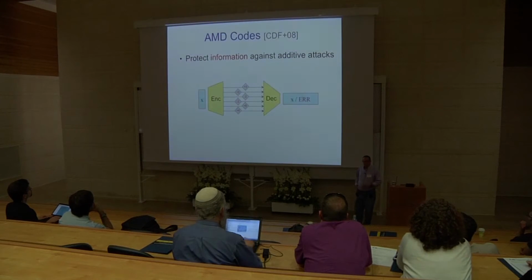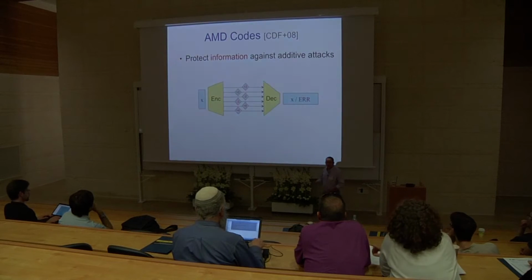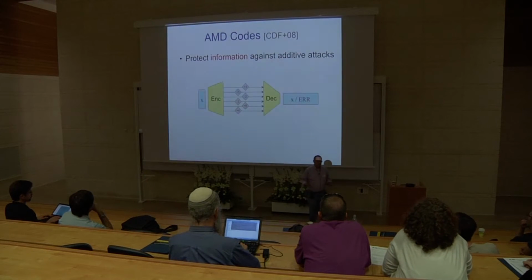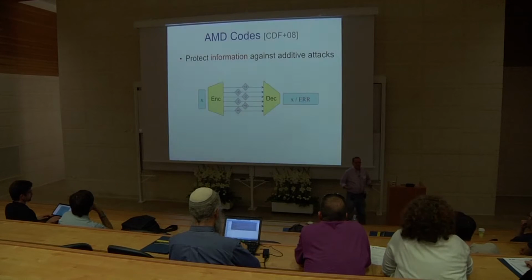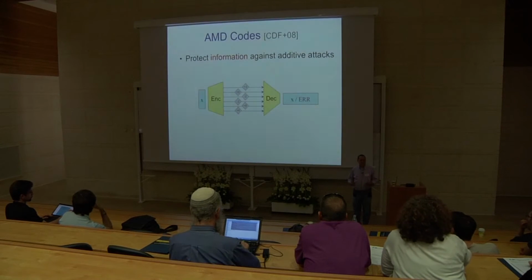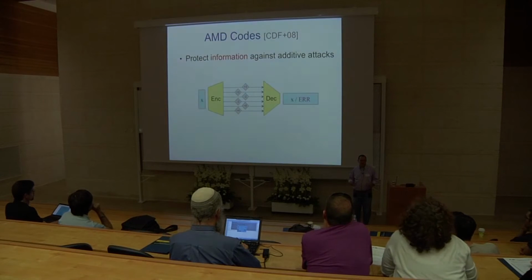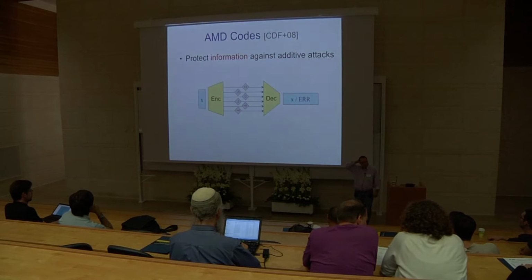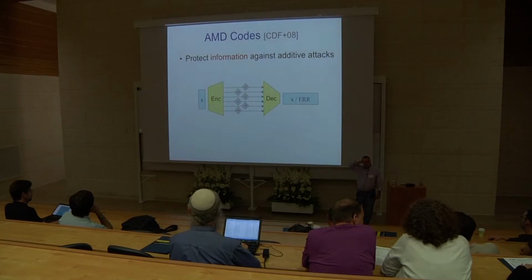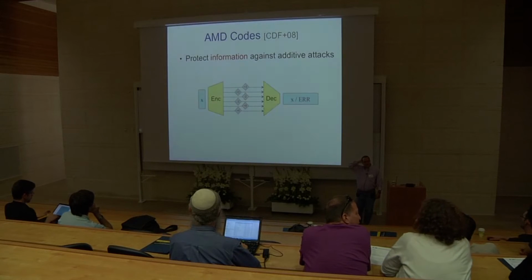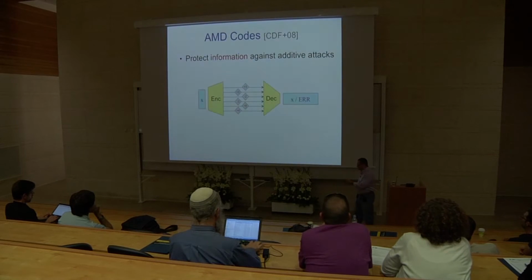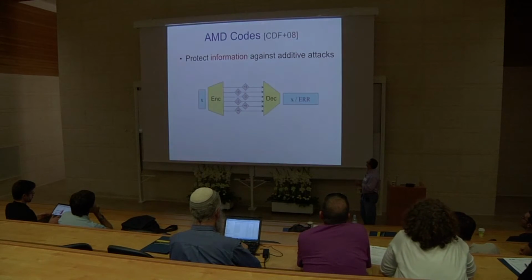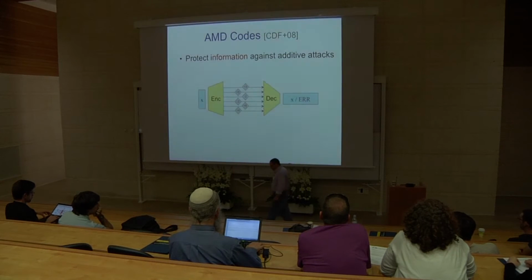Okay, so before we ask new questions about computing or fault-tolerant computing, we should try to see what is known about the same questions in the simpler domain of coding, right? Of just keeping information alive as opposed to manipulating information. And it turns out that this type of encoding that detects additive attack has been considered. It might have been considered before in other communities, but in the theoretical computer science community, there was a paper of Cramer et al. That initiated the study of so-called